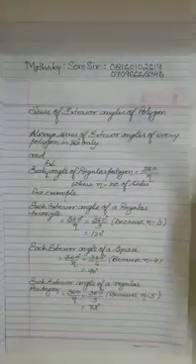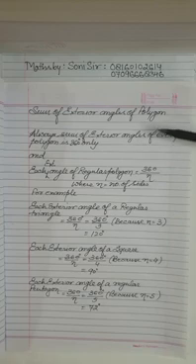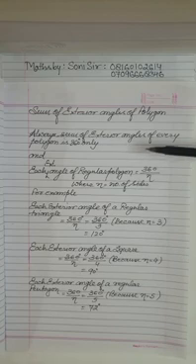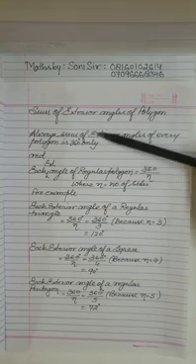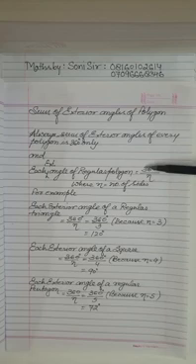Now last, I want to get the sum of exterior angles of any polygon. There is a simple concept for this. For any polygon, triangle, square or pentagon or anything, the sum of exterior angles is always 360 degrees. So if I want to get each exterior angle of a regular polygon, the number of sides is given, so each angle will be 360 upon n.